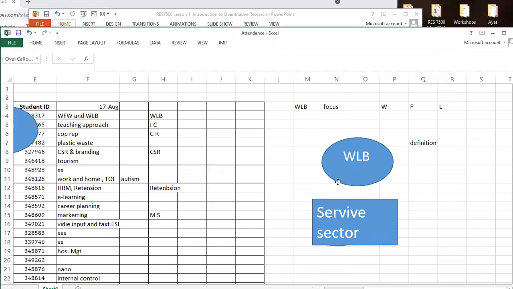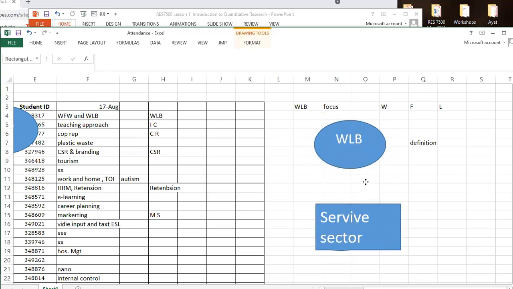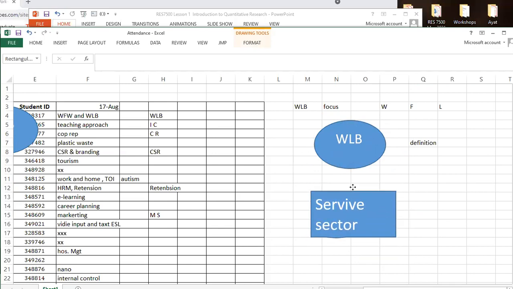So now, do you want to choose the service sector, any particular area? Prof, mine would be people working from home. Working from home? Yeah, anybody working from home? Service staff from the service sector, correct? Okay. People working in the service sector, right? So this is work-life balance, your area of interest. This is a group of people, those in the service sector. So what's the title now?